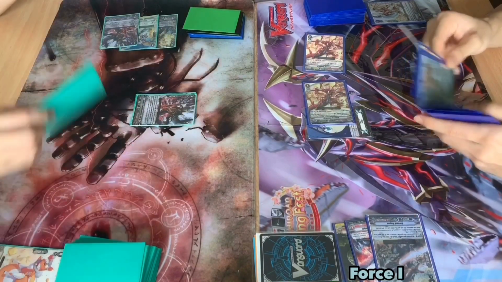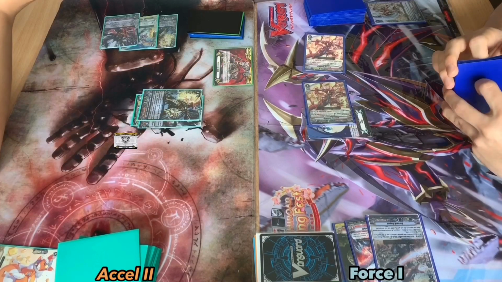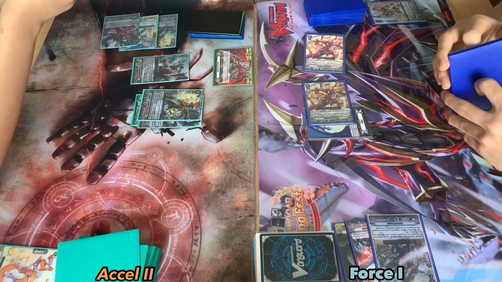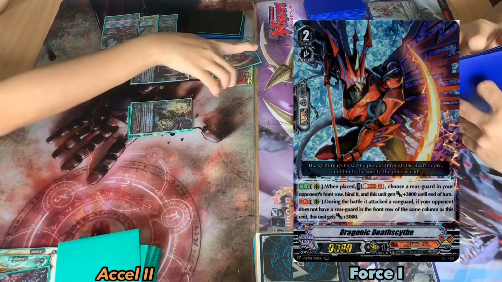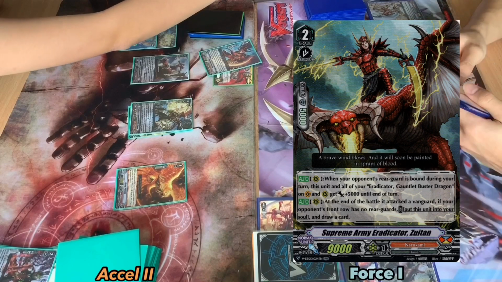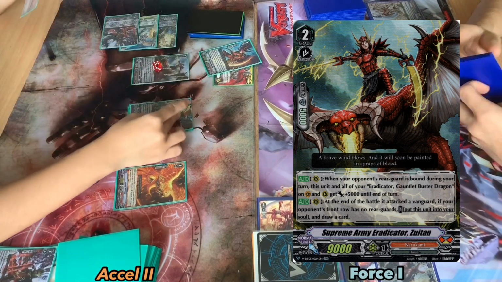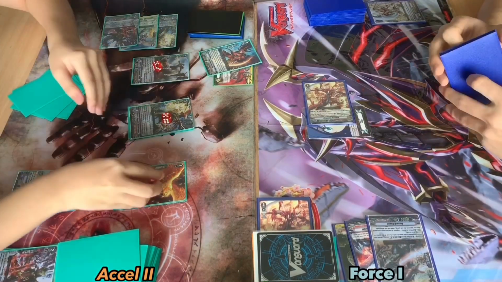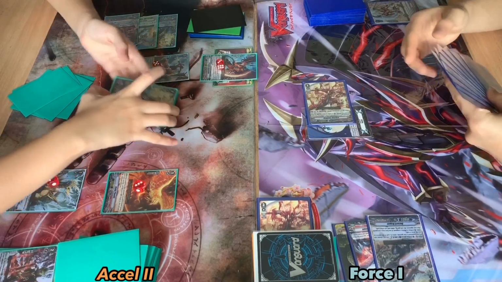What's your 7 draw? Alright, Gauntlet Buster Dragon. So 2 draw. I call Rising Phoenix, Dragonic Death Scythe, skill. Bind. Fine. Rising Phoenix skill. Superior call. And demolition skill. Rising Phoenix skill gets 3,000 also. And the other side gets 3,000 because I bind something also. I bind with its skill. So my Vanguard is